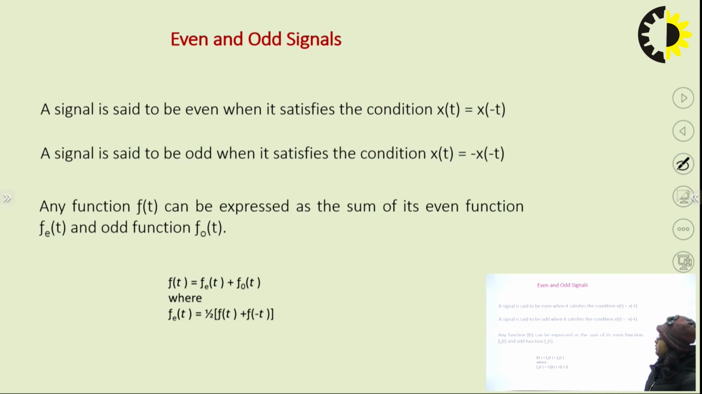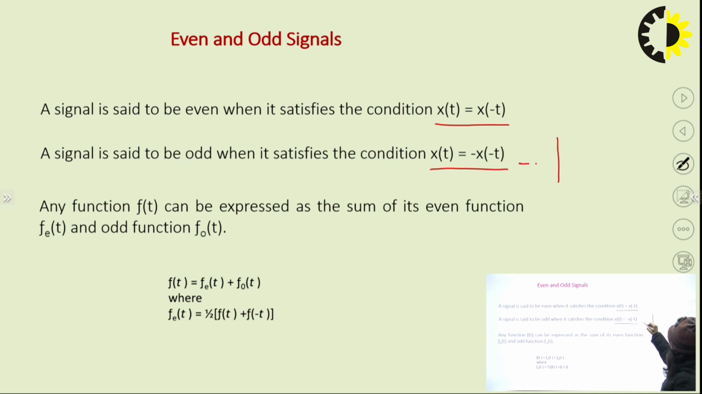Now, even and odd signals. A signal which is symmetrical across the y-axis is called an even signal. Or we can say that if x(-t) is equal to x(t), then it is an even signal. And if a signal is the same in the first and third quadrant, then it is called an odd signal. Or we can also say that if x(-t) is equal to -x(t), then it is an odd signal. For example,